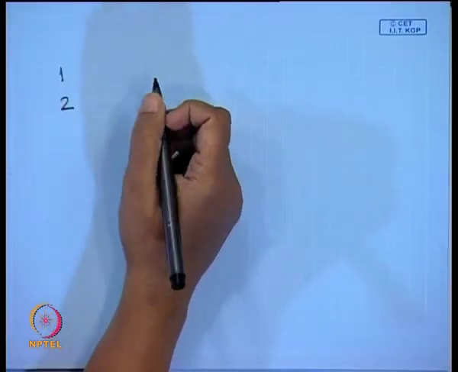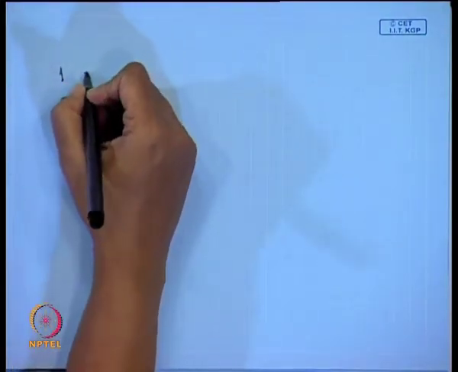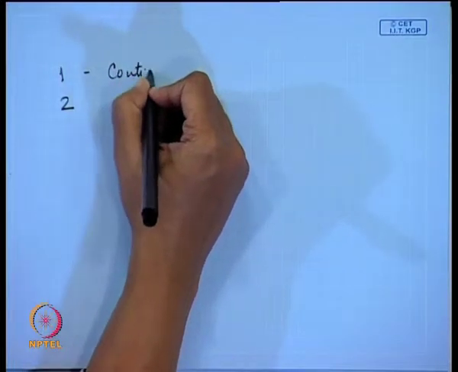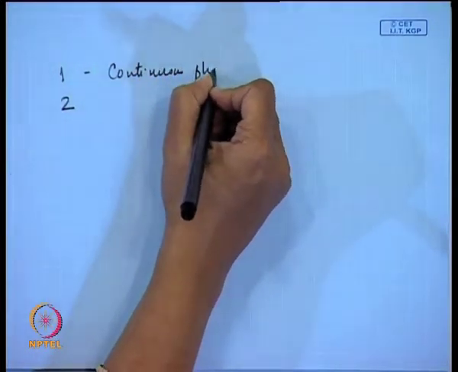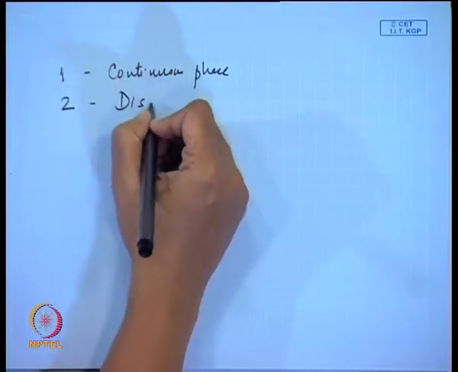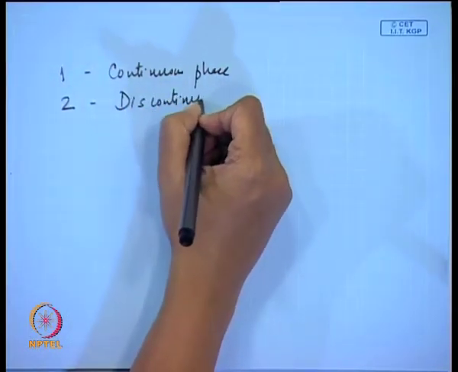Now, since we are having two phases, the first thing to specify is which phase is going to be 1 and which phase is going to be 2. Okay, that is the first thing, and after that we will be specifying the other things. Now, usually we find that suppose we are having two phases, phase 1 and phase 2, then in that case normally we say that phase 1 is the continuous phase and phase 2 is the discontinuous phase.